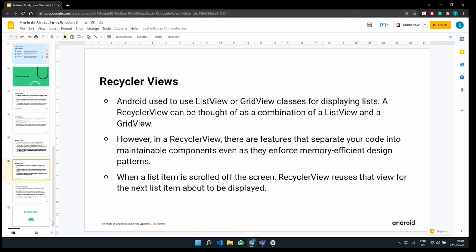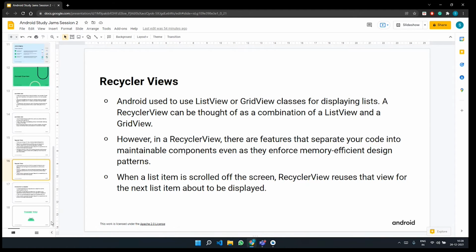There are a few other elements as well, like the layout manager. The layout manager arranges the individual elements in your list. It takes care of the layout of the screen.